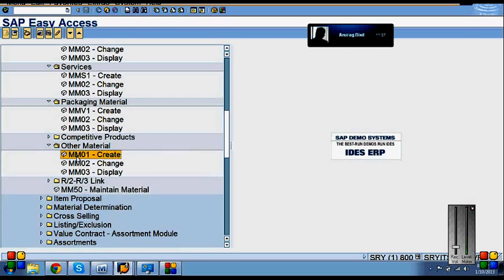We only give it to the super users. Right. So when you click this MM01, automatically I'll show you one. Rest you try. Okay.